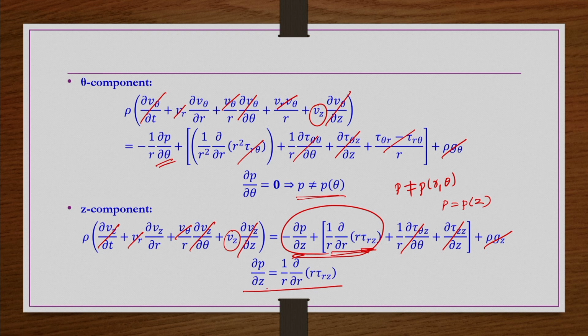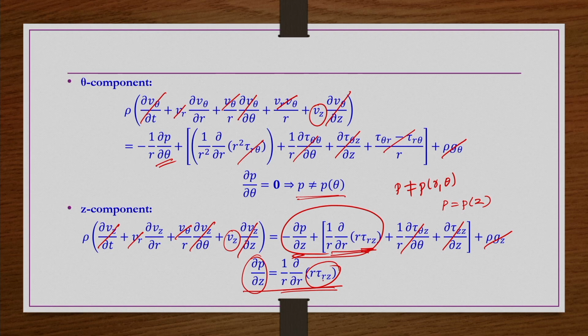Now, what we see here? The left hand side has dou p by dou z. Already we realized by simplifying the r and theta component equations that pressure is not a function of r and theta. Whereas the right hand side, everything is a function of r, right. So, what we can say is this dou p by dou z is independent of whatever is there in the right hand side, okay. And then similarly, tau r z is a function of r, because the V z component should be there. So, V z is a function of r only. It is not a function of z. So, whatever the right hand side terms are, tau r z etc., they are independent of z.